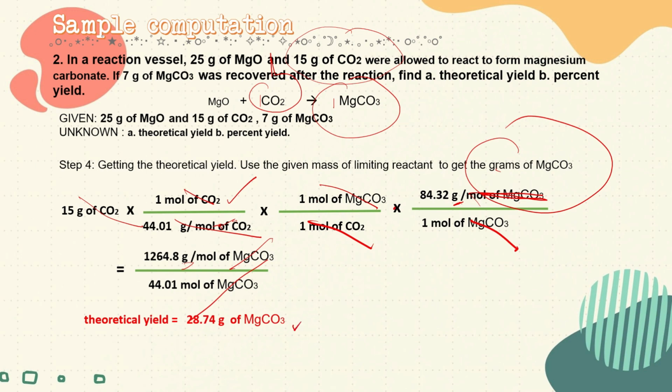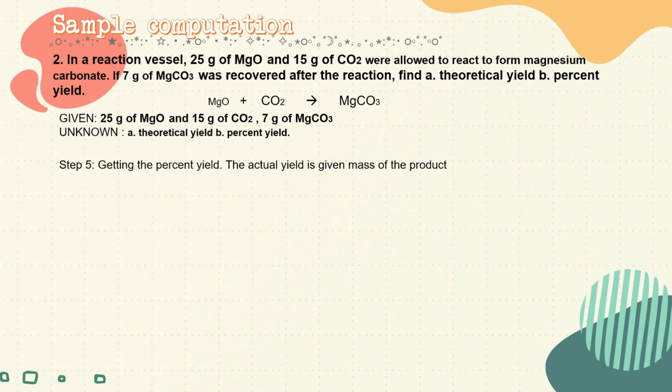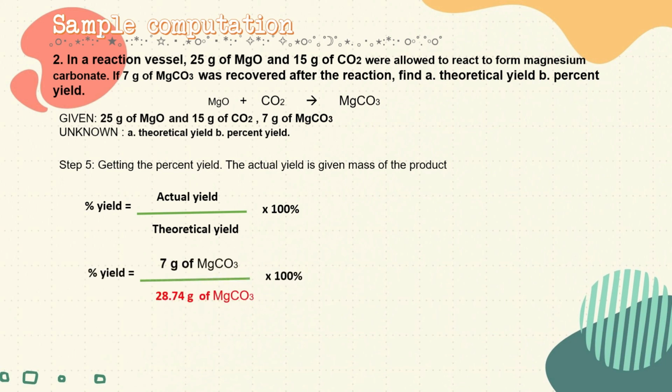Okay po? So next is, lastly, we need to calculate the percent yield by using the actual yield and the theoretical yield. We have the formula, percent yield is equal to actual yield divided by theoretical yield times 100. The value for the actual yield is already given. We have 7 gram of magnesium carbonate, and this one, ito yung nakuha natin sa theoretical yield, times 100. And that is equal to 34.76%